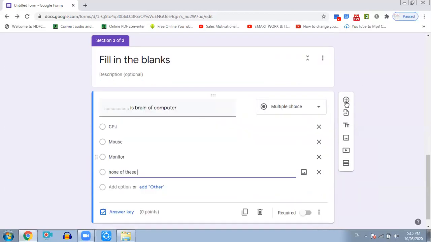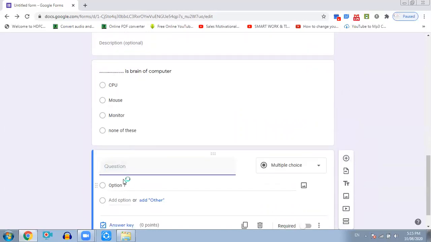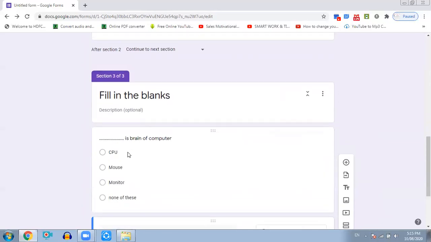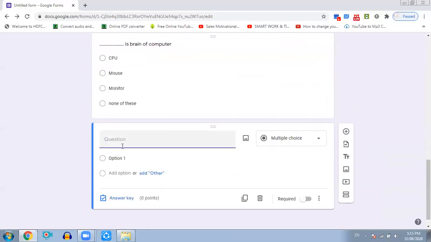Second question, let me add the second question. Go to the plus sign, and then you can do the second question. Our second question was: full form of GB is dash byte.